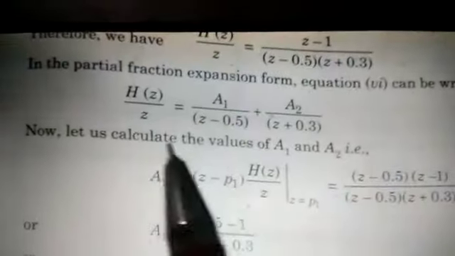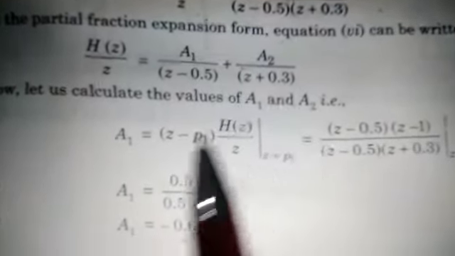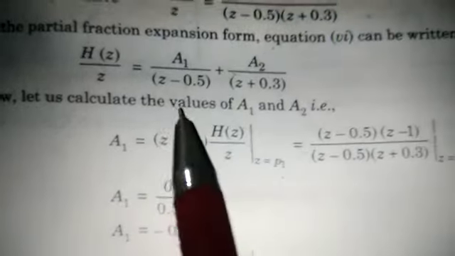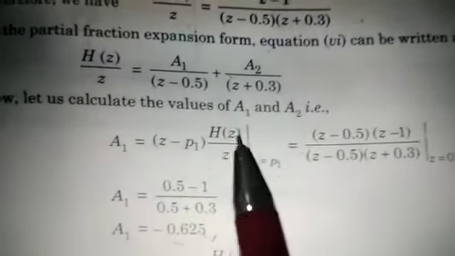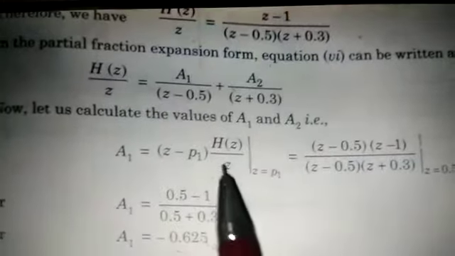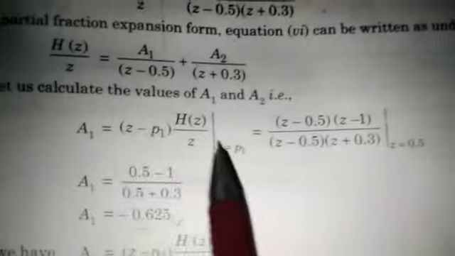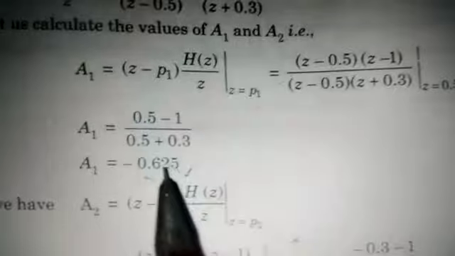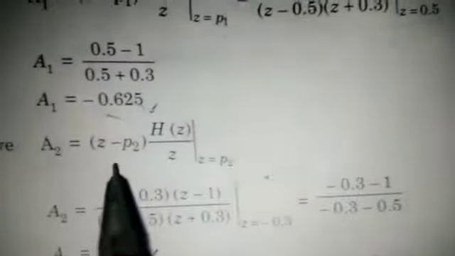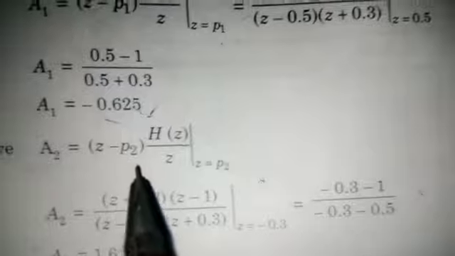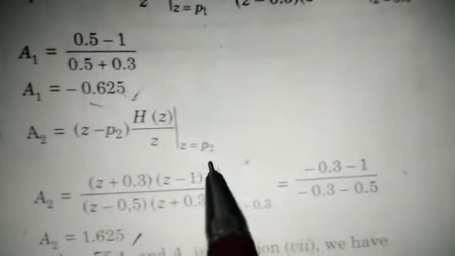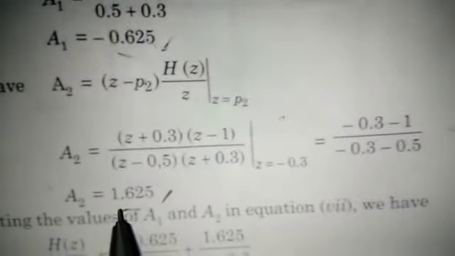So here, as our usual method, we have to determine this A1 and A2. A1 is equal to (z minus 0.5) into this F(z), that is H(z)/z, at z is equal to p1. This is z minus p1. We will put z is equal to p1. So we will get the value of A1, and this A1 comes to be 0.625. Similarly, you can calculate A2, that is equal to (z minus p2) into F(z) at z is equal to p2, and put the value of z is equal to minus 0.3 here. You will get A2 is equal to